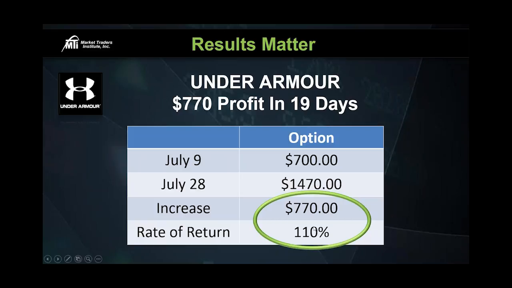Now, I know there's many of you here in the room right now. We have about 140 of you here in the room. I know there's probably some of you sitting back saying, well, William, I'm not here to learn how to make $700 a month. That's just off of one contract. Once again, if you traded two contracts, that would have been $1,500, three would have been $2,300, and so on, just to let everybody know that. But I'll show you that as we're going along here. So what I want to do right now is let's pull back the curtain. Let me show you how we find these opportunities.